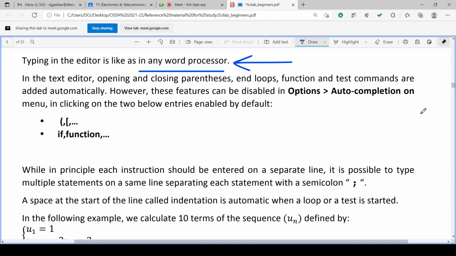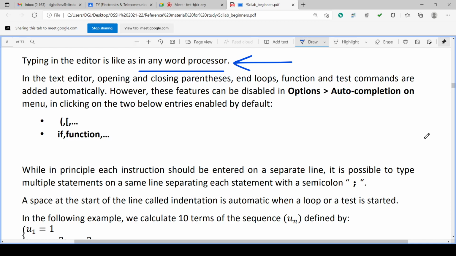Or just like how you type in the Keil editor or Arduino editor, similarly you can type here also. Just go on typing, and there are buttons for copy, cut, paste, redo and undo, and all buttons are there. Save as, etc.